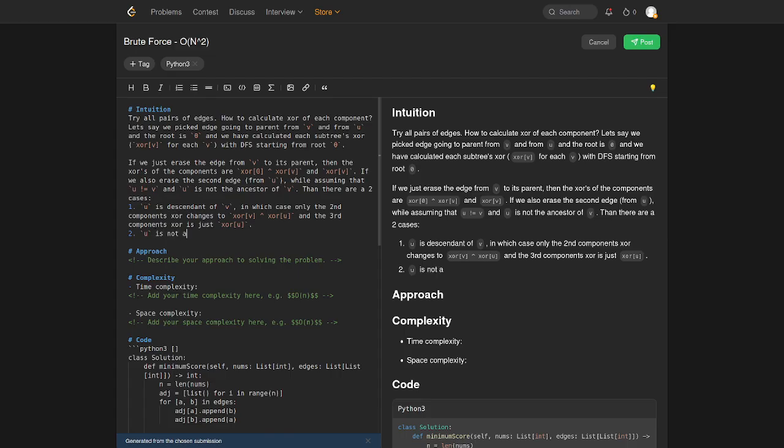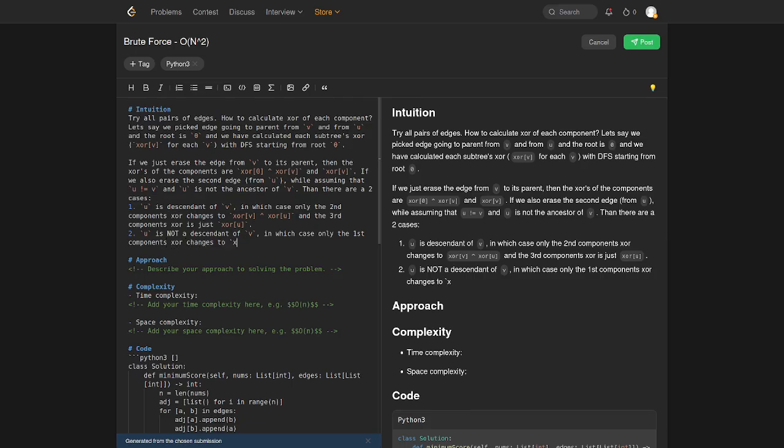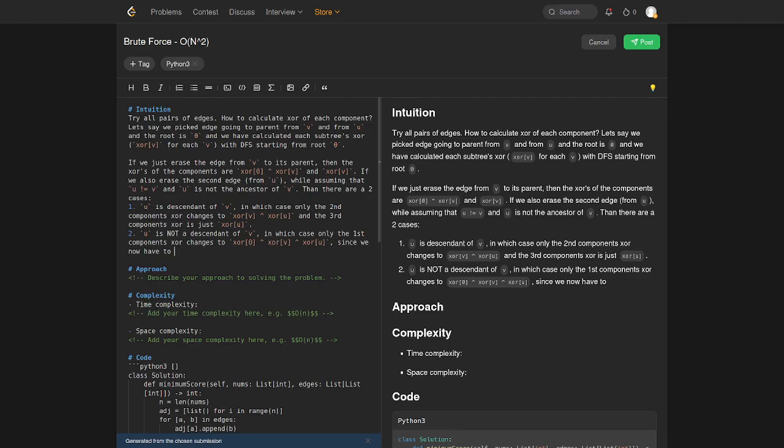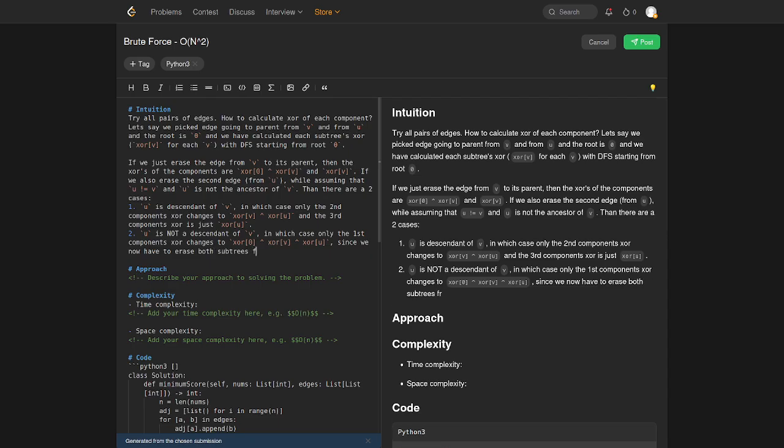U is not a descendant of V, in which case only the first XOR 0, XOR V, XOR U, since we now have to erase both three to get the